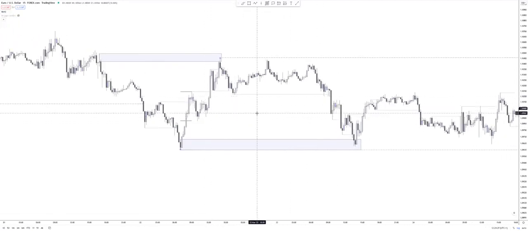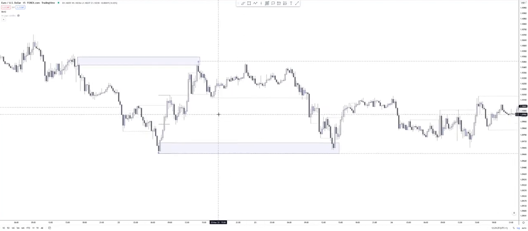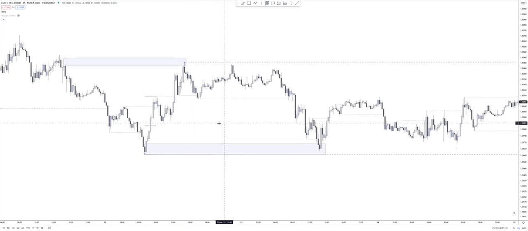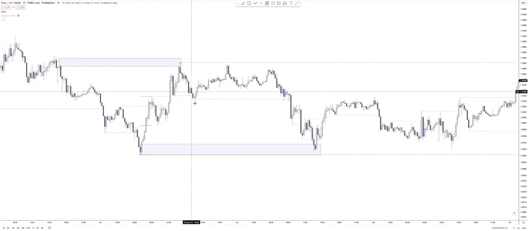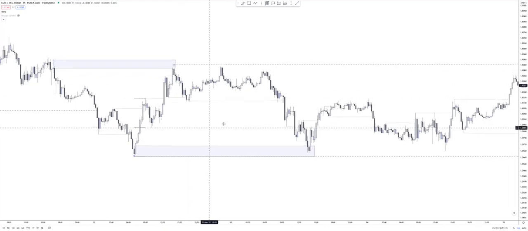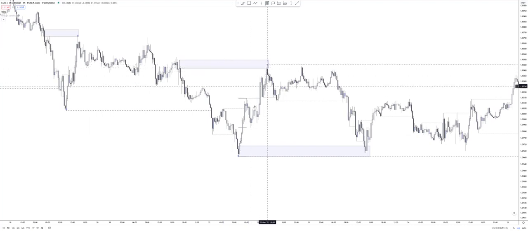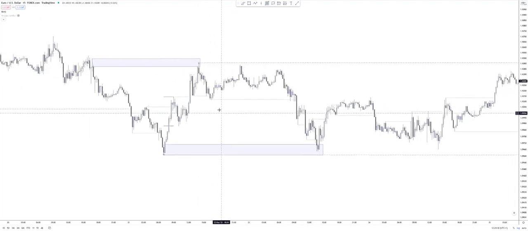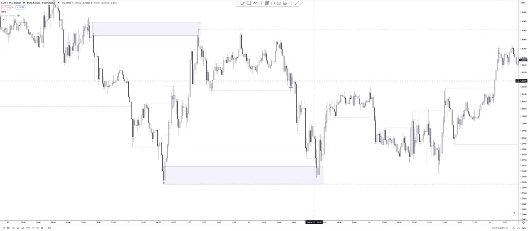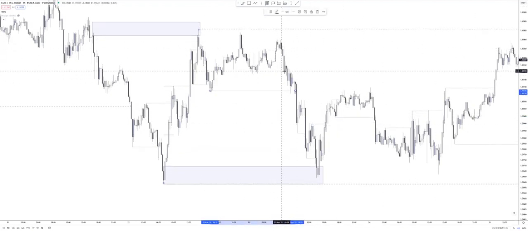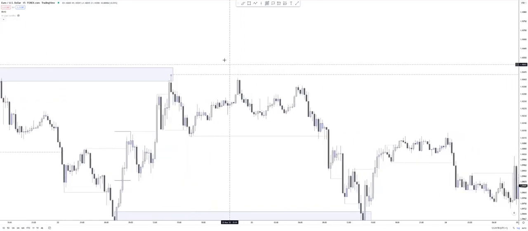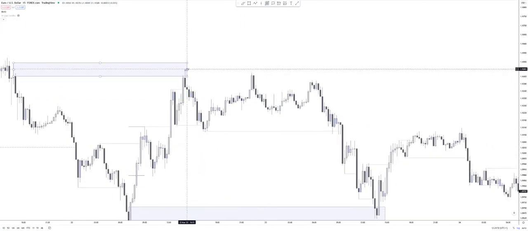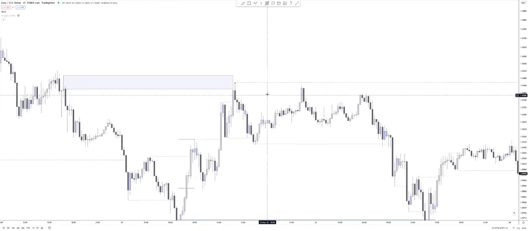And you have also price at the top here. We've had a minor break of structure, bearish, after mitigating this major supply zone, and then we've created a wick refinement zone up here. So this is a case of a wick refinement zone where, yes, this is a bearish candle at